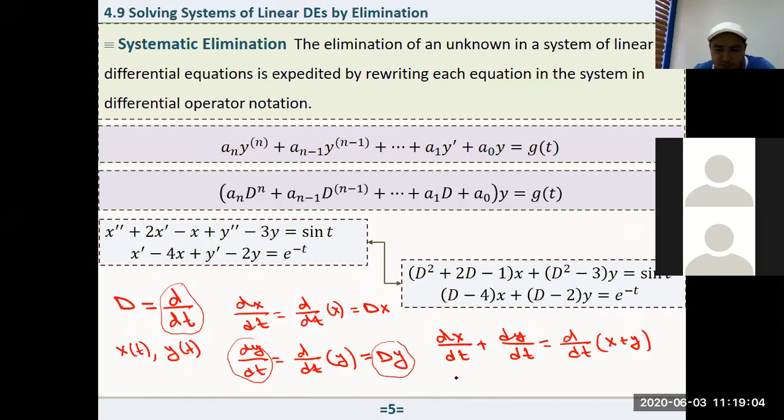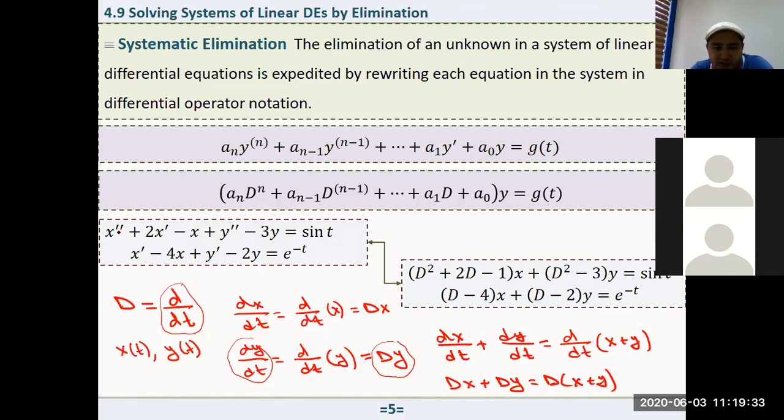So if I have Dx plus Dy, I can write it as D(x plus y). It's like our algebra. When we just write D, we do not even see any prime notation. For example, if I convert this system of differential equations using the differential operator,